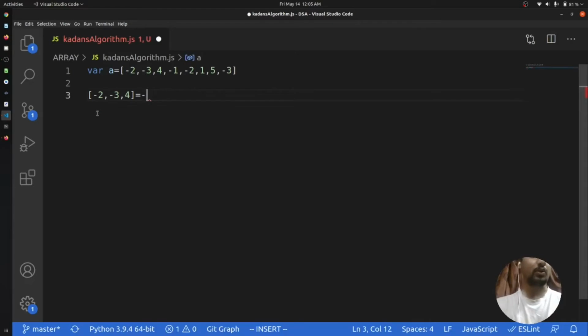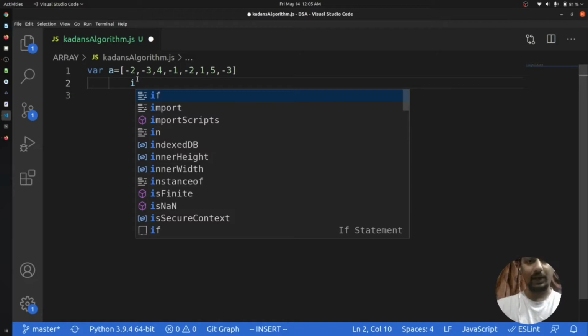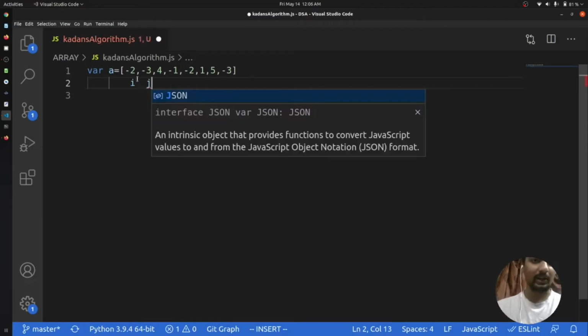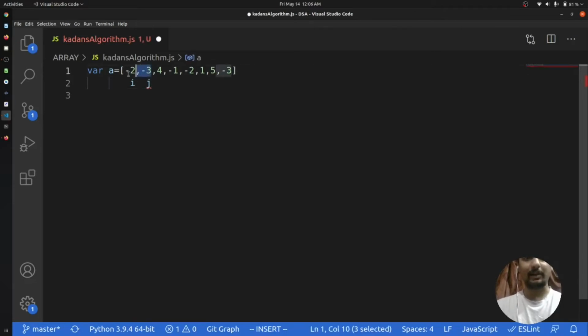The brute force method says that you have to go from index 1. Let's say we have an index i at -2 and an index j at -3, and we have to calculate every element from i to j, add up each and every element and check whether it is the maximum or not.